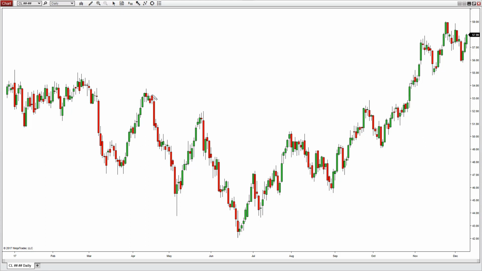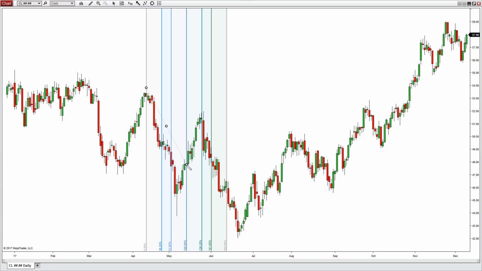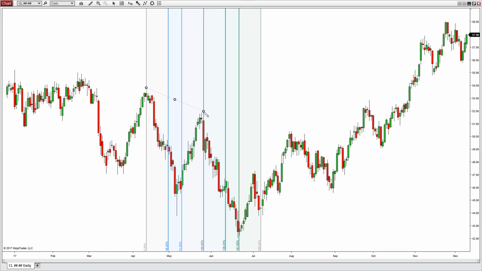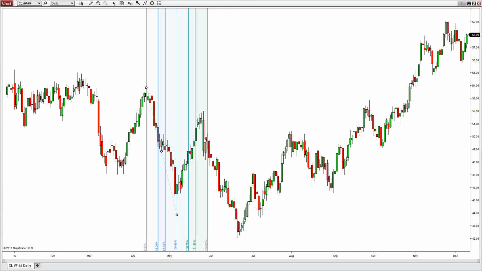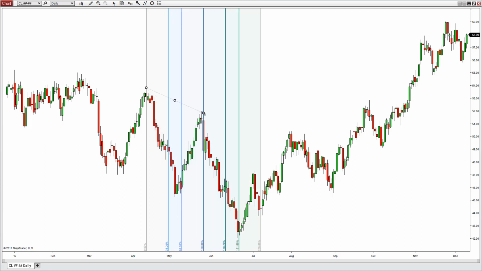So what you want to do when you have Fibonacci extensions is, let's say you wanted to measure this next move. We don't know what this move is going to look like, but we see a good run here and we see a decent pullback. And we just want to measure how long this next run will be. As you can see, you're going to draw it from the high. You can even draw it to the low here if you want to measure this next rotation in the market. You see a good correction here, and I want to measure this next run down here. So what I'm going to do is measure this area,